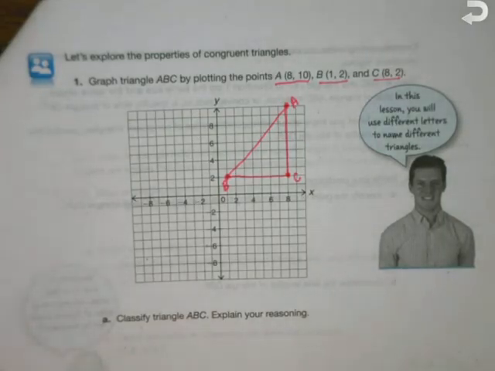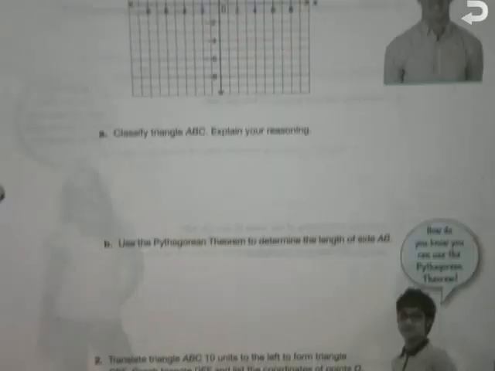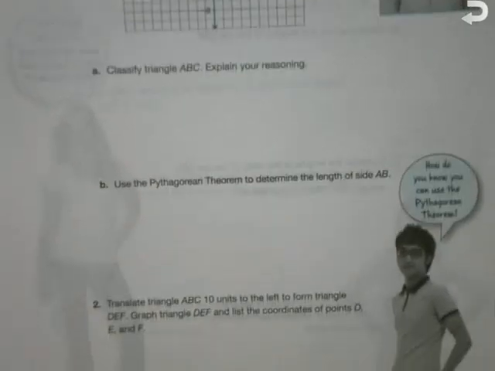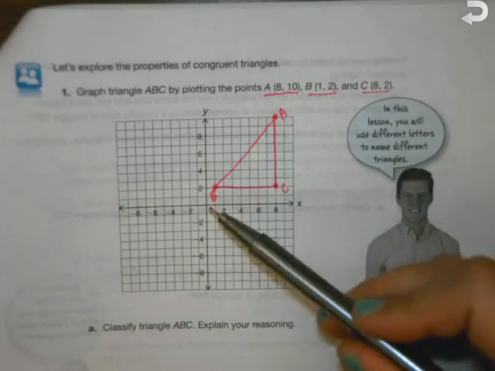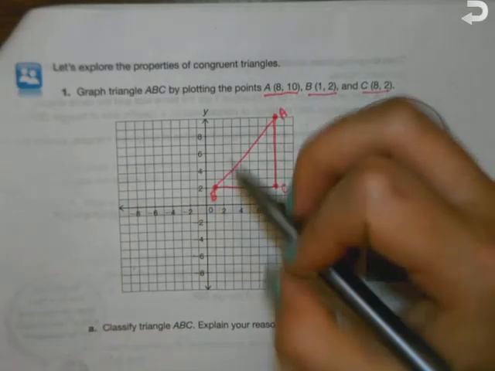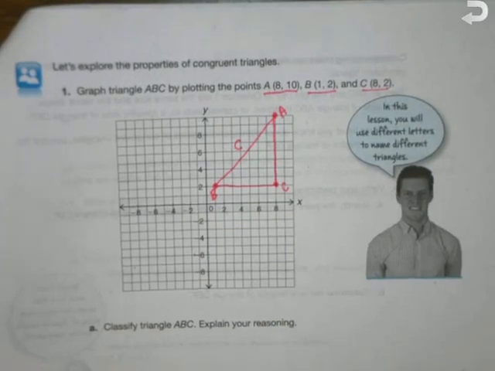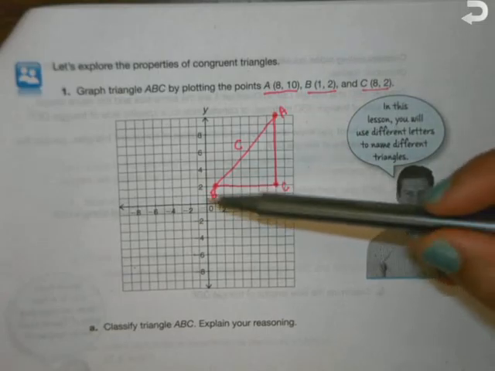It's a right triangle. So let's look at part B then. I want you guys to use the Pythagorean theorem to determine the length of side AB. AB is the hypotenuse, so that's what we're looking for. So let's name it C. So in order to find C using the Pythagorean theorem, we need to figure out what the lengths of each